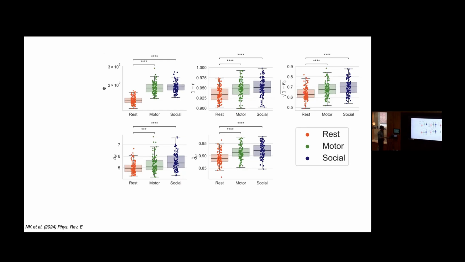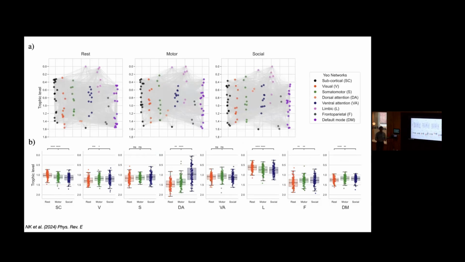Once you have that network, you can do all kinds of things that you can't do with symmetric networks. So, for example, you can rank nodes. There are all these techniques for ranking things in tournaments where you have directed interactions, for example. And you can use those algorithms to rank nodes in your network. And so with all of our effective networks, we can start to rank our nodes and see basically what happens based on the Yeo functional network.